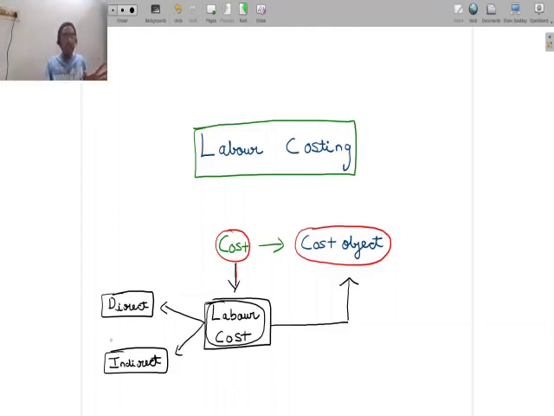In other words, we can say if we didn't have that labor cost incurred, we couldn't have had that one unit of that product come out as a finished unit of output. So when the labor cost is directly related to the cost object, then we call that a direct labor cost. Now, having a product as a cost object, let me give you an example of what I would classify as an indirect labor cost.